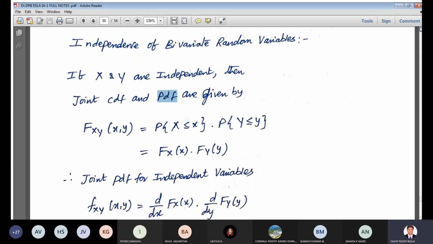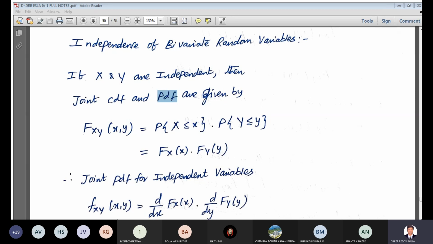Sometimes the values are dependent. If I ask you, are you coming to the college tomorrow? Sir, how is it possible, sir? It is not possible, right? You will say so because you are dependent on the decisions of the government. It's not your choice. Let us say you want a glass of water. Your parents ask you, shall I bring a glass of water for you? Then what do you say? That's your choice. Yes, you want, or you don't want.